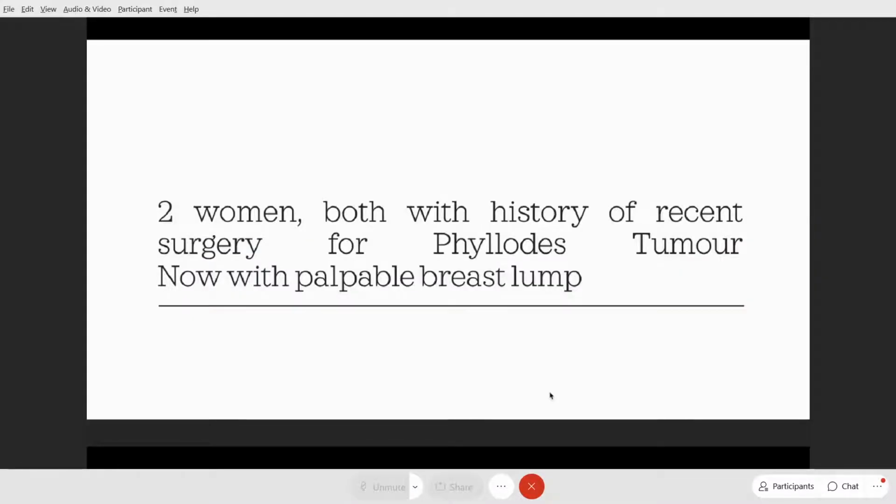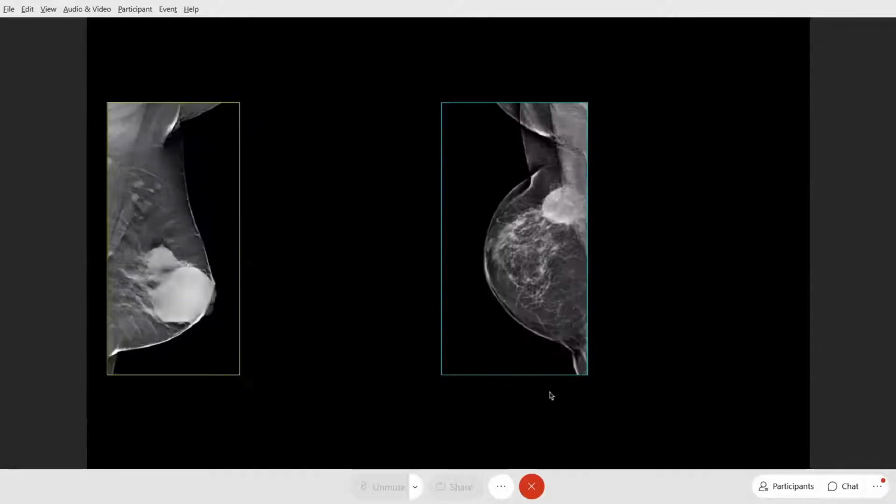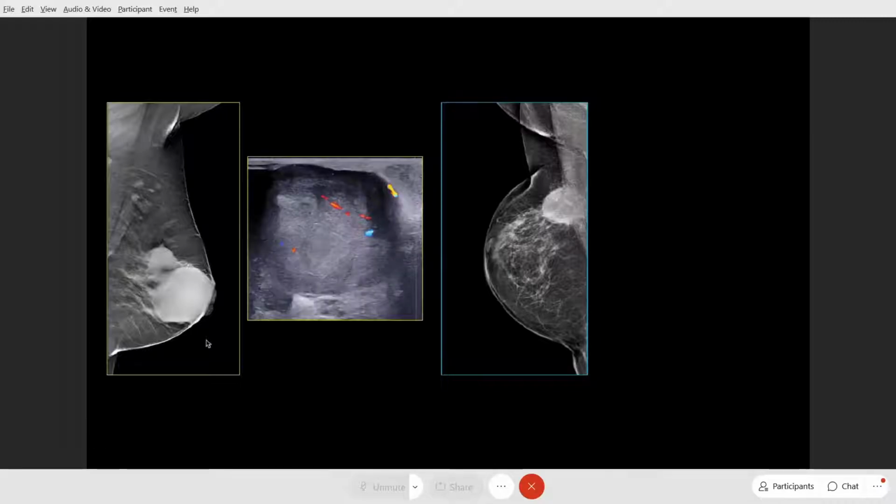Now, look at this set of cases. Two women, both of them had a history of recent surgery for phyllodes tumor, now with a palpable breast lump. So again, mammogram was performed, and in this set of two women too, we see a mass. Beyond that, we are not able to characterize. This is even a tomo image. You can see that margins are pretty circumscribed, but still we are not sure what we are dealing with. Look at the ultrasound. This is definitely a solid mass with internal vascularity, and this is a recurrent phyllodes,